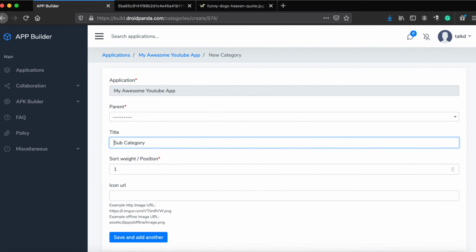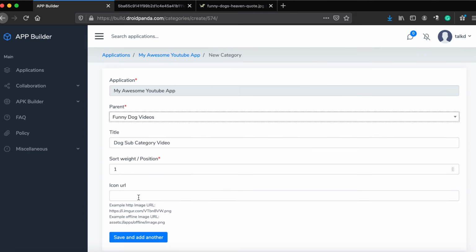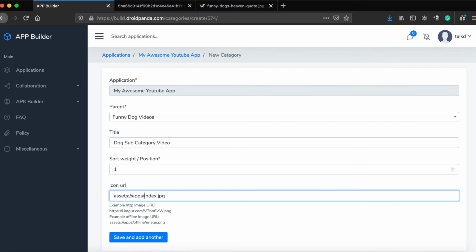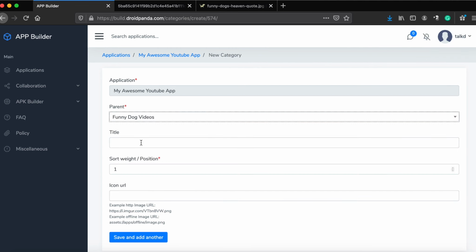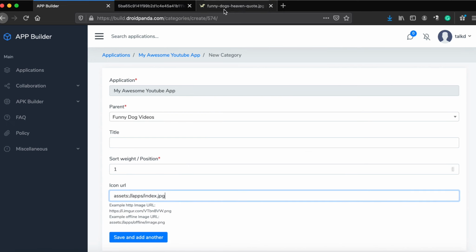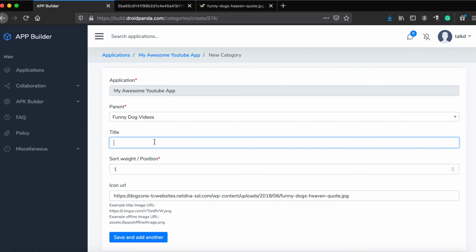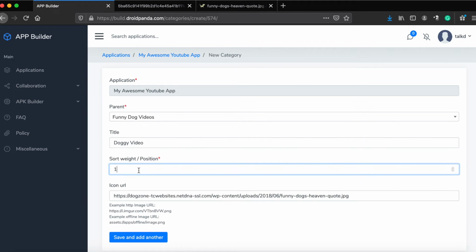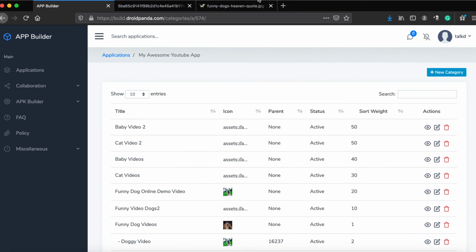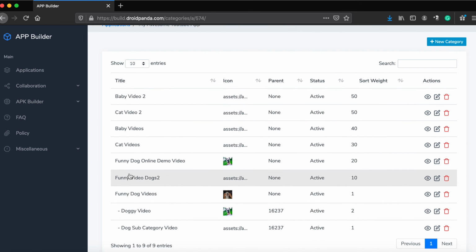Let's add some subcategories under a category. Once category creation is done, let's add YouTube video in appropriate category.